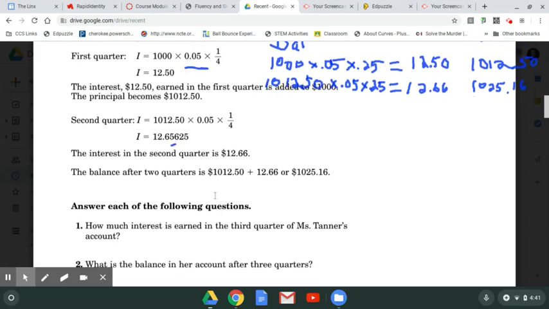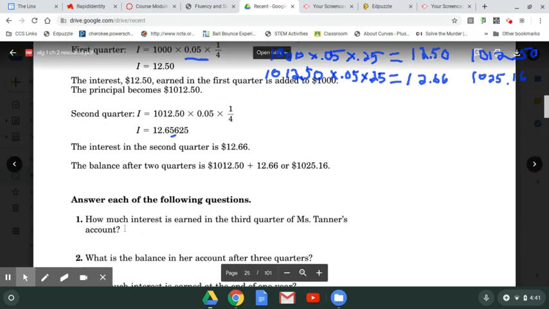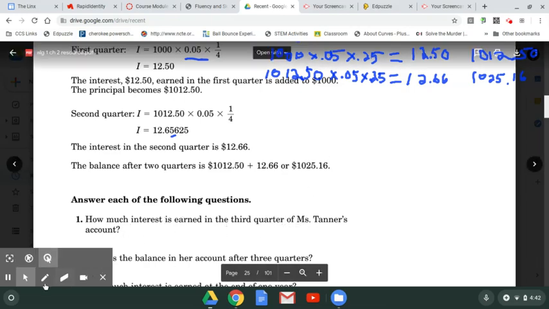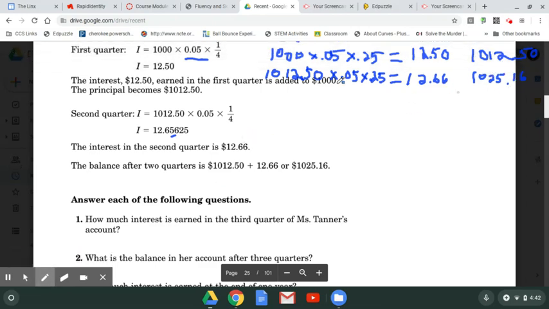Okay, good, good. All right, now it says, number one, how much interest is earned in the third quarter of Mrs. Tanner's account? So now what we're going to do is we're going to bring this new balance over here. So now this is the new balance. This is why it's compounded, because you're getting interest on the interest. You're not just getting this interest every quarter. You're getting this extra 16 cents because it's compounded. Okay, so 1025.16. Now we're multiplying it times the interest rate